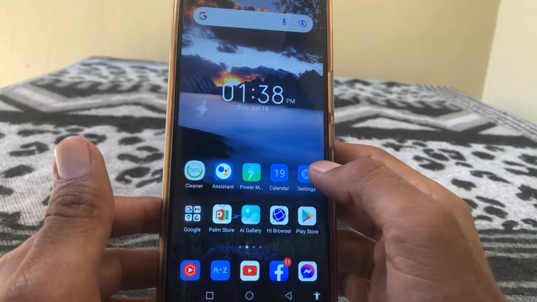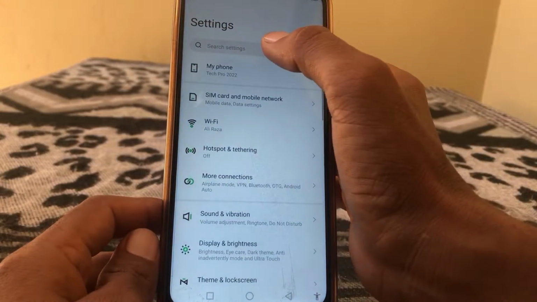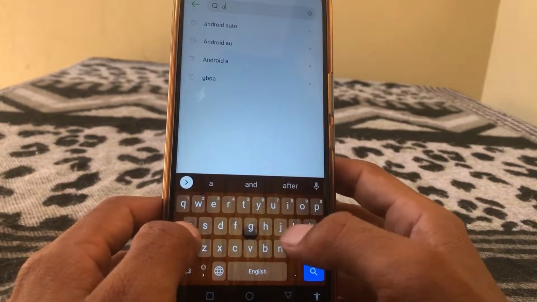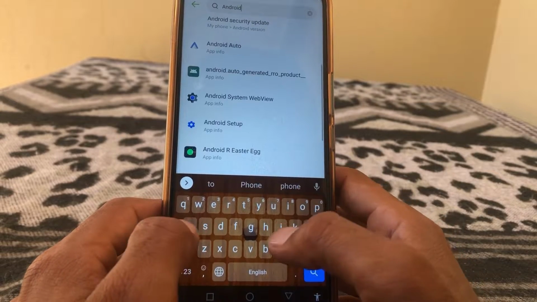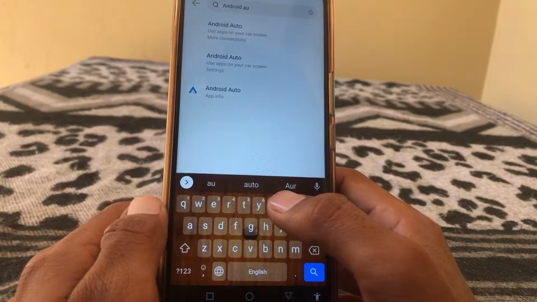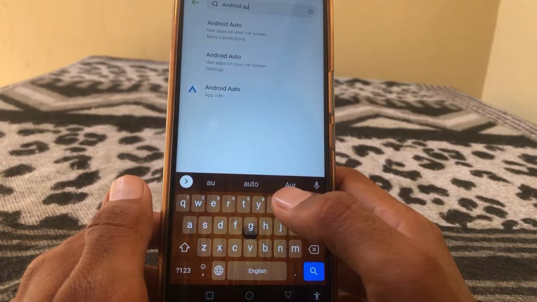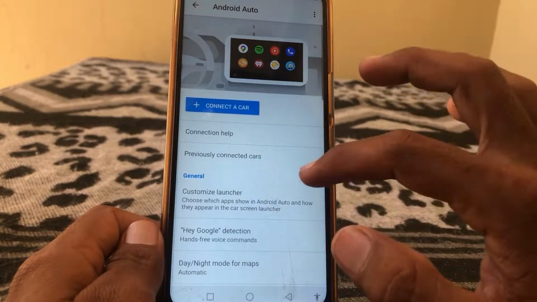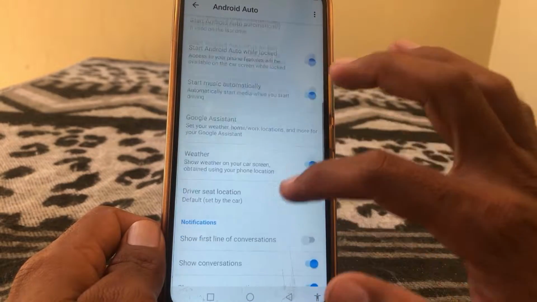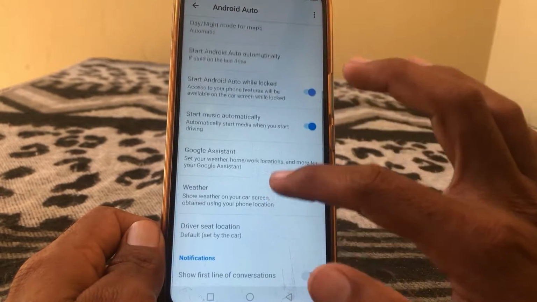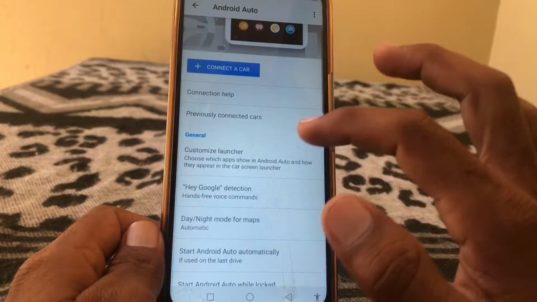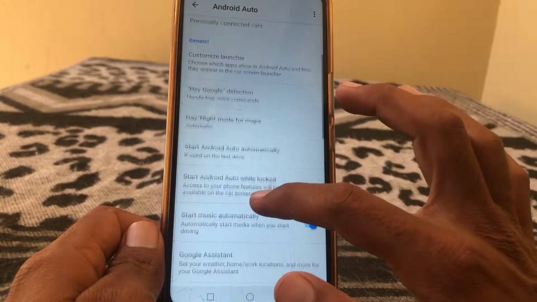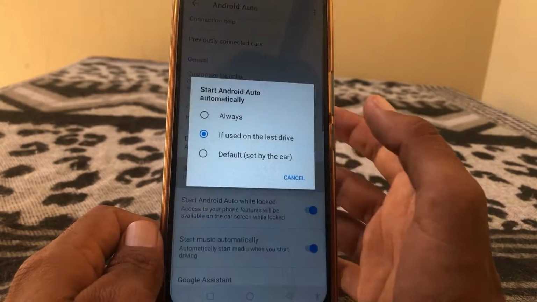So first of all guys, what you have to do is just simply open settings, and from here you have to search for Android Auto, and you can see here are three results. So you have to tap on the second one, and from here you have to make sure that you have allowed all the permissions to this one. So after doing this, what you have to do is just simply tap on start Android Auto automatically, and then